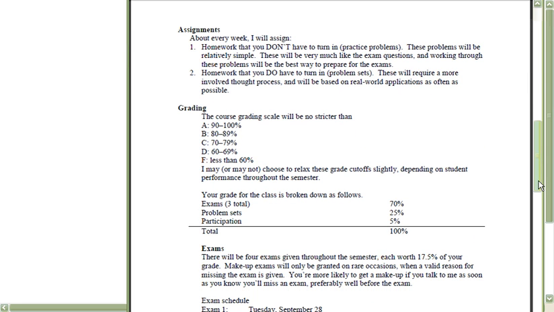Okay. So here is how assignments and problems are going to work. About once a week, I'll assign practice problems and problem sets. The problem sets you have to turn in. The practice problems you don't have to turn in. The practice problems are going to be very much like the exam questions. Okay, so you could skip those, but that would be a terrible idea, because if you are really comfortable with